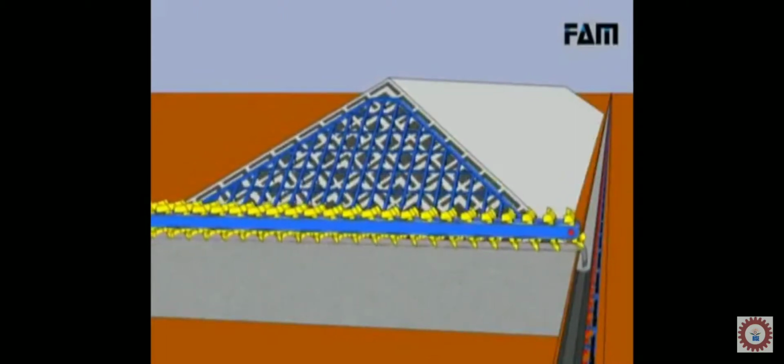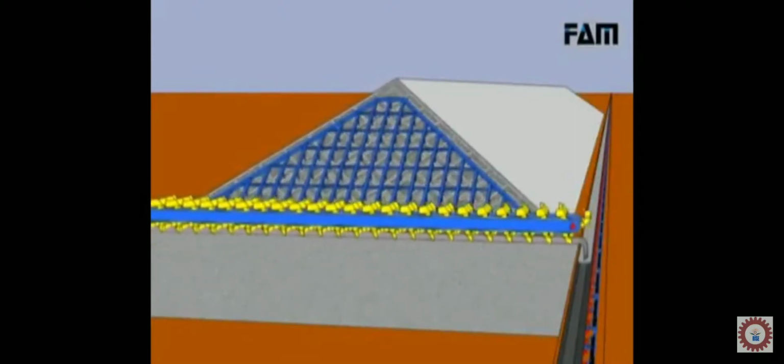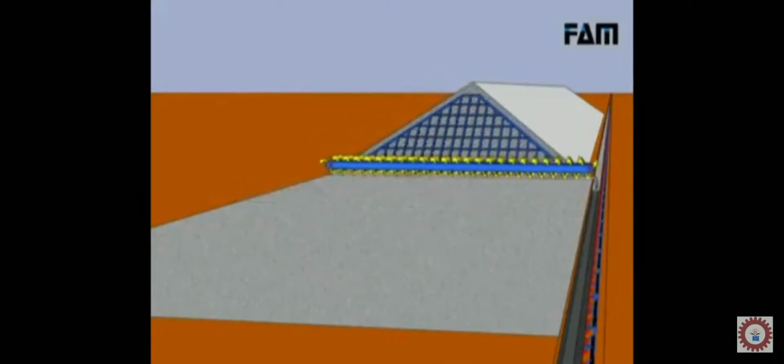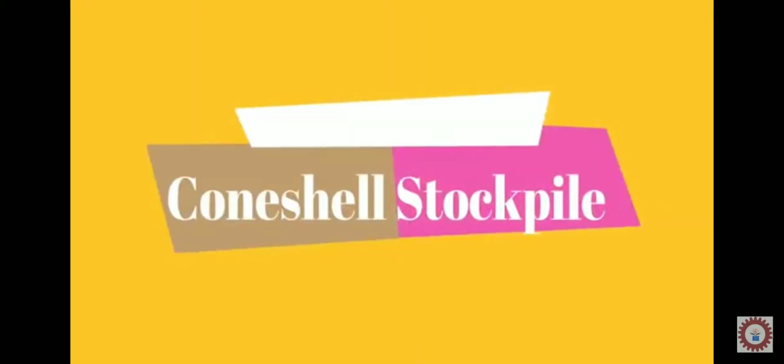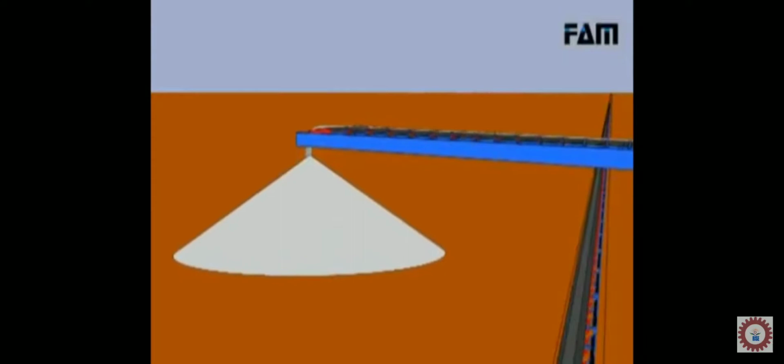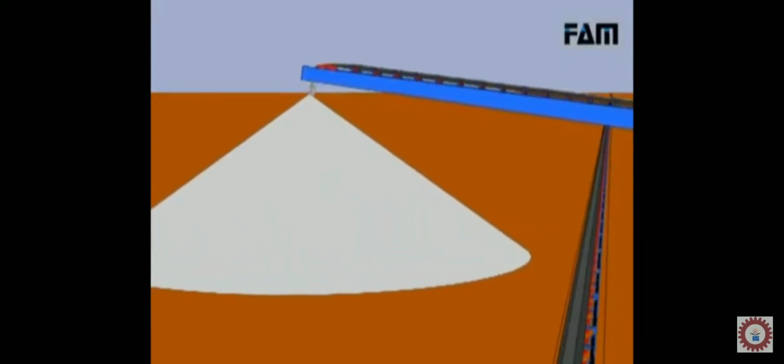The reclaiming process is the same. This is a circular blending bed.